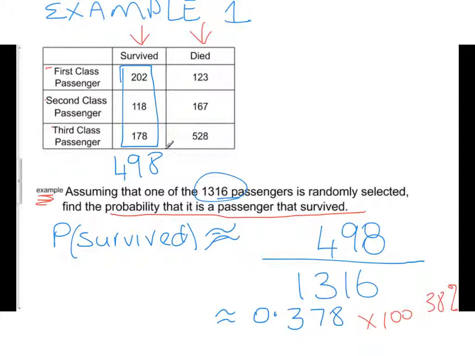Okay, what have we done here? We looked at the total that we have as the denominator, and the number on the top, the numerator, is the number that we're interested in, the probability of that event. And what was the event? That they survived. Okay, that is what our relative frequency is. You've looked at relative frequency tables before, and I would imagine you've looked at relative frequency with probability since year 9. I know last year I taught my year 9s this. Right, so